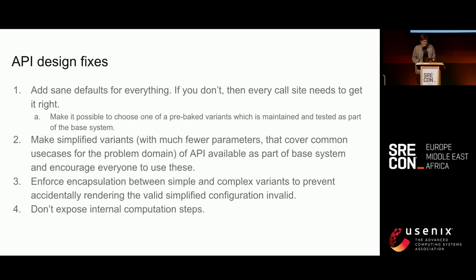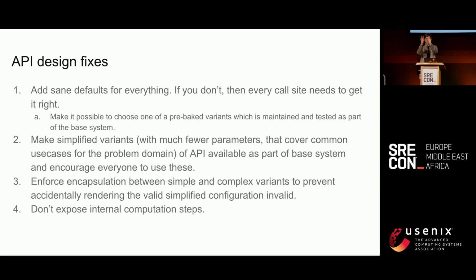So approach this as you would approach API design. Try to refactor the functions, so you have the same defaults for everything, and make simplified variants of the functions. Maybe you need more than one entry point, more than one way of defining config. You can still have a config with 200 parameters, but you can also have a config which is part of the base system, not added as a layer, for a simple use case, or maybe 2 or 3 of them, or 5. And please enforce encapsulation between simple and complex variants, because as I said, it's the easiest way of adding technical debt if you don't have that.